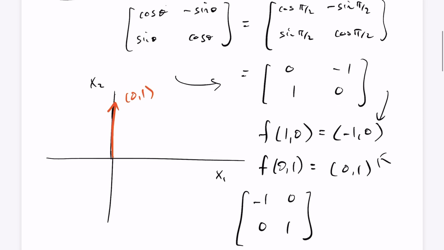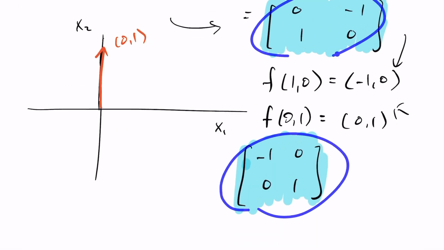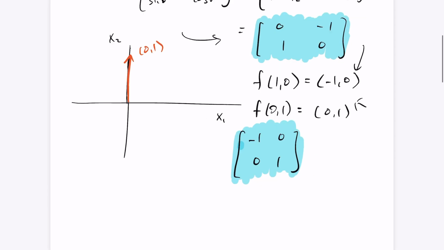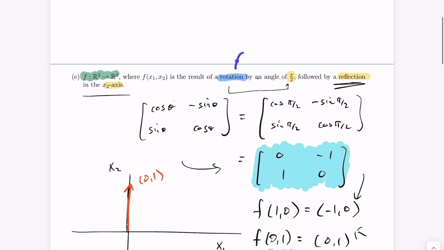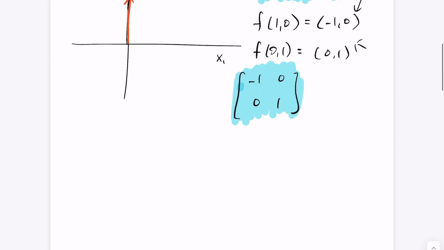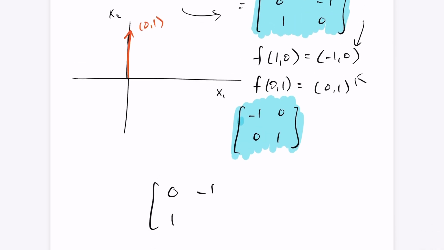So putting these two together, to find the combined matrix, I have to take this matrix and multiply by this matrix. All right, so now that we have our two matrices, we have to watch out. I just wanted to make note of this. To compose these together and create the matrix that's going to first rotate 90 degrees, or pi over 2, and then reflect in the x2 axis, notice if I go ahead and write it this way, this would be incorrect. If I put this matrix down and then this matrix down,